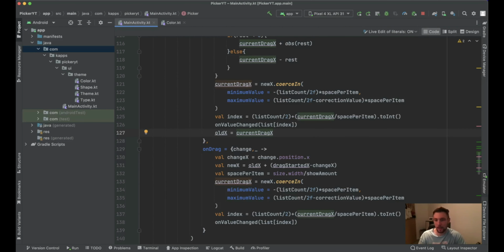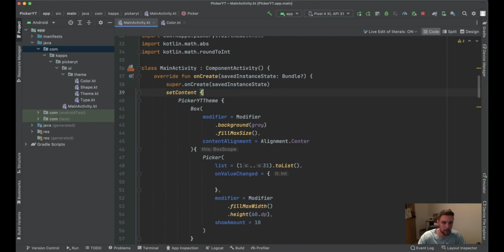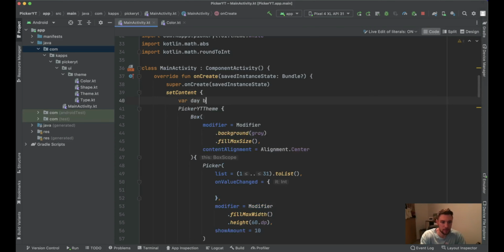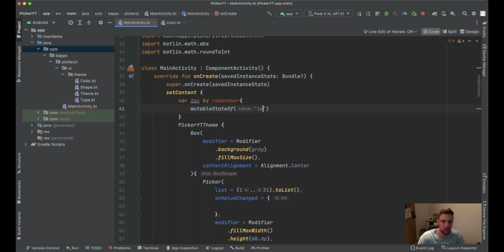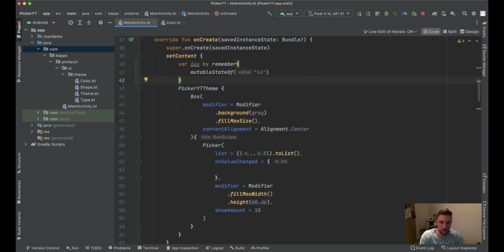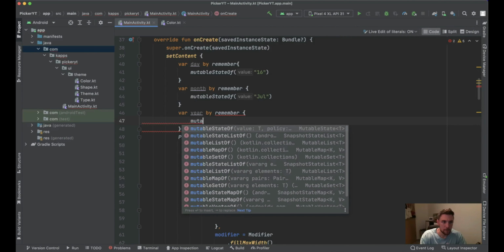Let's put everything together and invoke 3 of these pickers with the year and the month as well, and also the rectangle around the current picked value. And up here in our main screen, we can define 3 different state variables. So the day by remember, mutable state of, the default value will be set to 16, because I know this is the centered value. If we pass our 1 to 31 day array, then the month by remember will be mutable state of July, and the year by remember will be mutable state of